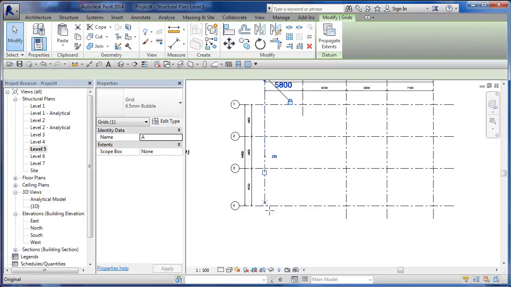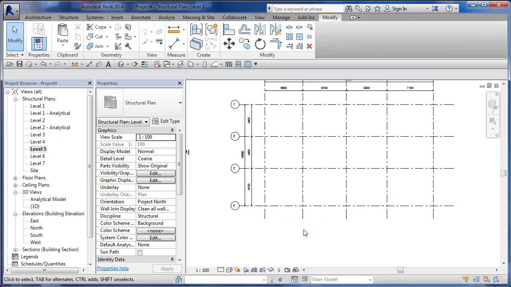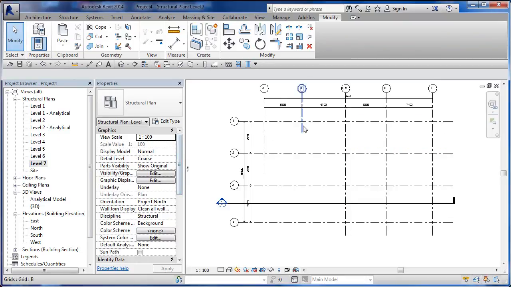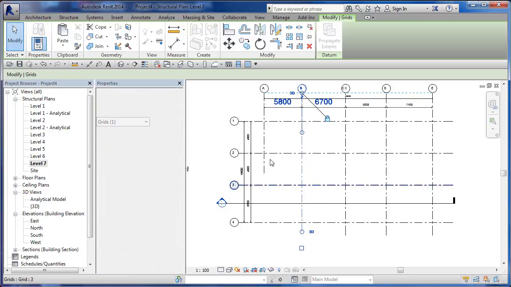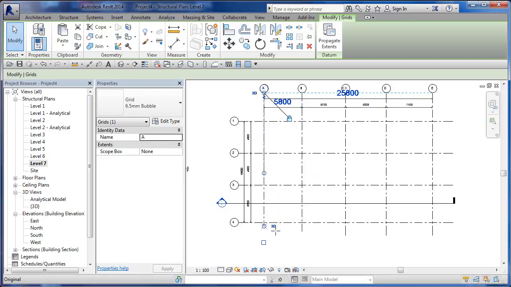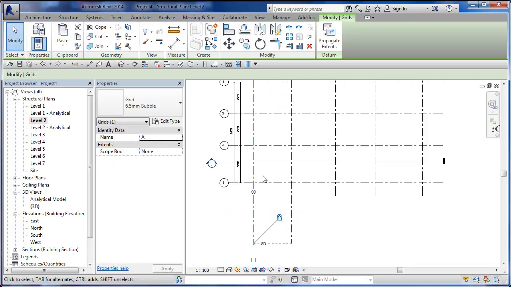If I change this level 5 to be 2D, I can do whatever I want with this guy. Change this guy to be 2D again. My 3D point for level 7 is still going to be back there because they're still set to be the 3D. So if I move the 3D point, it'll move the end of that grid line in all the views where the end point of the grid line is still sitting at 3D. That's why we have the tool to go in here